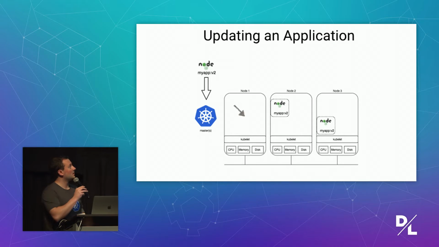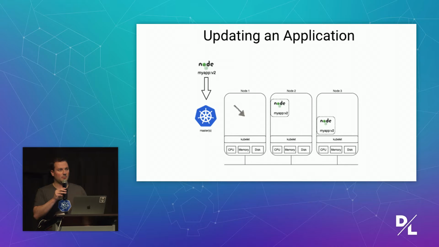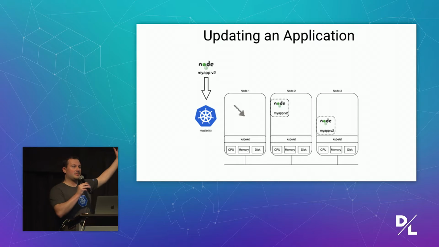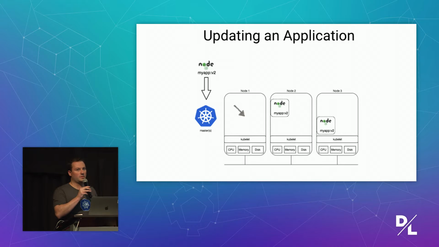So Kubernetes, as part of the core primitives, as part of the scheduler, has the ability to do rolling updates and blue-green deploys and really complex things that, having written some of these things in things like Ansible or Chef and Puppet, this I can write in 3 or 4 lines of YAML or JSON, whereas with Ansible I had to write pretty long playbooks.